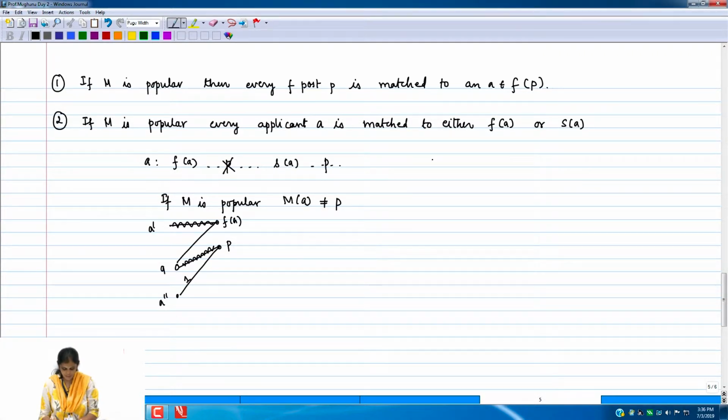Okay, I will assume that you have proved that it cannot be below its S post, because that is also crucial to this. Suppose you believe this, because the argument is very similar, so let's skip it. But let's say that it has to be between F and S, then should you go beyond your S post? You can look for a third post, that is not incorrect, but will a popular matching be able to match an applicant along its third post?